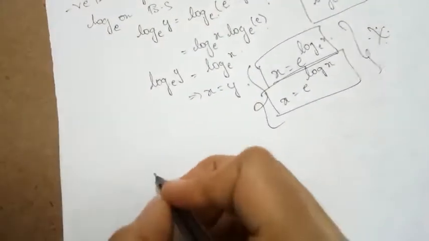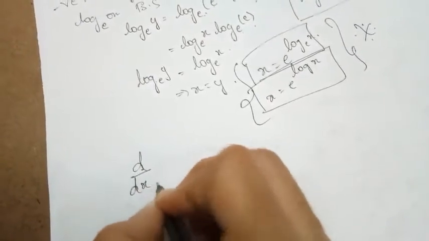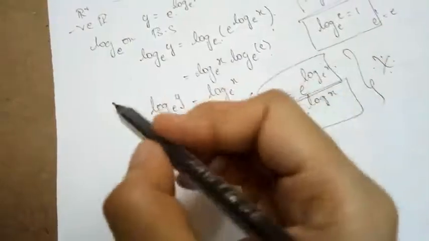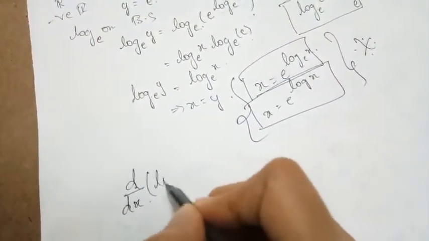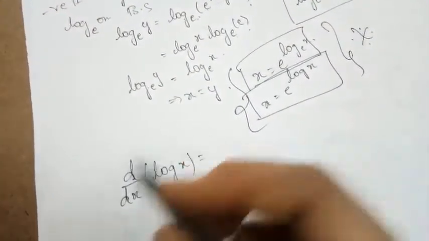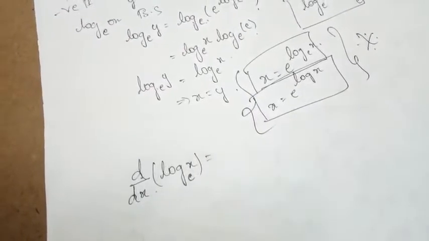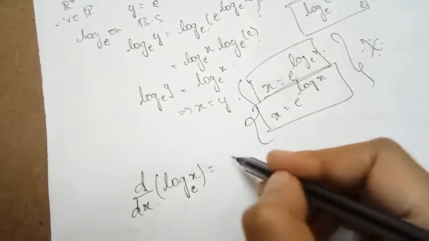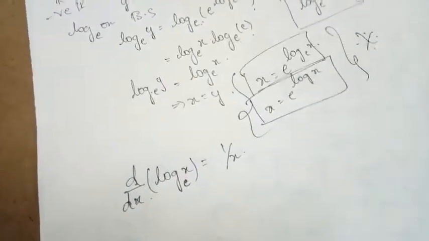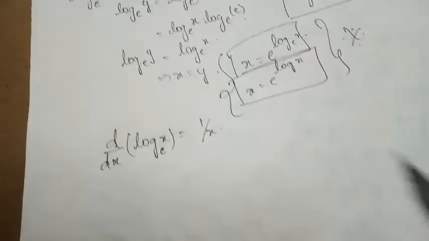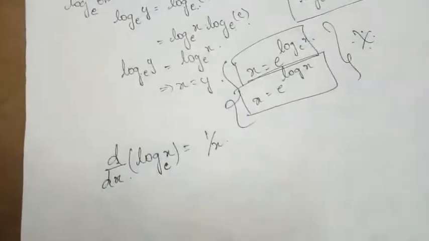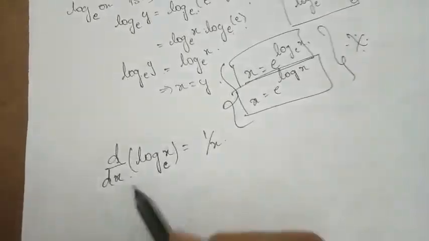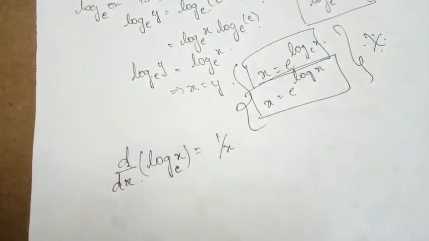Another thing is, what is the derivative of this logarithm function? Because we have talked about the derivatives of an exponential function. What is the derivative of this log x? The derivative of log x with respect to the base e, since if I write log x it means with respect to the base e itself. So the derivative of log x is 1 by x. In the derivatives, if we are talking about the derivatives of the logarithmic function, we know the derivative of the logarithmic function with respect to the base e.